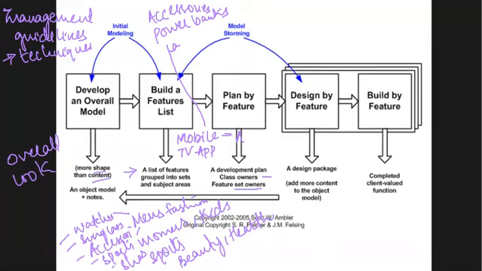Now in here, by combining the first framework activity and the second framework activity, that is called your initial modeling, because in here you're designing the overview of the website and the different features that are going to be there. Whereas the next feature, you're going to design by the specific feature and build by the specific feature.